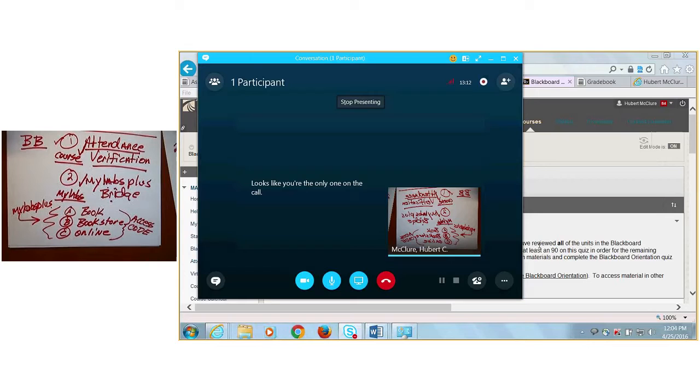So, again, the 2 most important things on Blackboard. 1, make sure you do the attendance verification. 2, make sure you go to My Labs Bridge and log on to and register onto My Labs Plus. Go through if you got your access code, go ahead and punch it through. If you don't have your access code, go ahead and register. That way we'll have you in the class and the course, both, and then get your access code and get